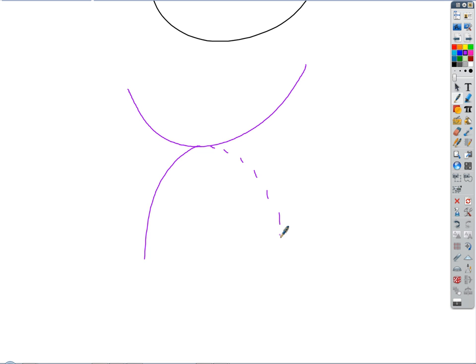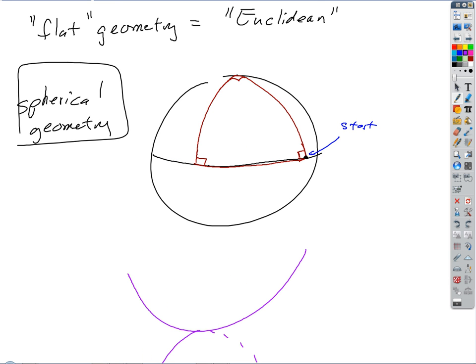If I took a hyperbolic shape and I made a triangle, what do you think is going to happen to the sum of the interior angles compared to 180? Small. It's going to be less than 180. Yes, sir. Yeah, kind of like a Pringle. Yeah, exactly. Or a saddle on a horse.